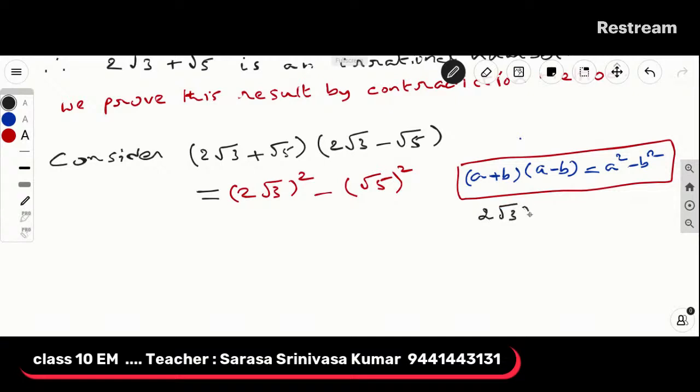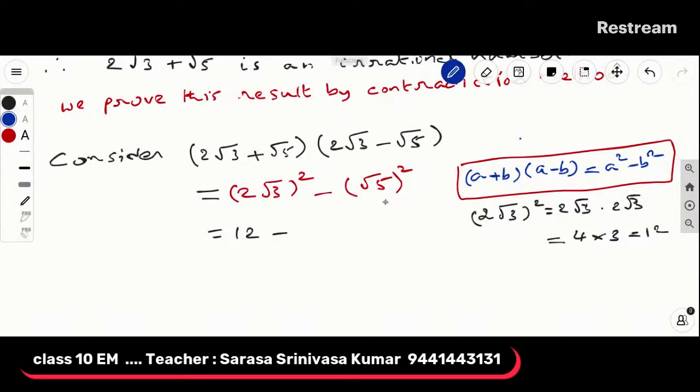(2 square root 3) whole square equals 2 square root 3 multiplied by 2 square root 3. This is equal to 2 multiplied by 2 is 4, and root 3 multiplied by root 3 is 3. This is equal to 12. So we can write here 12 minus